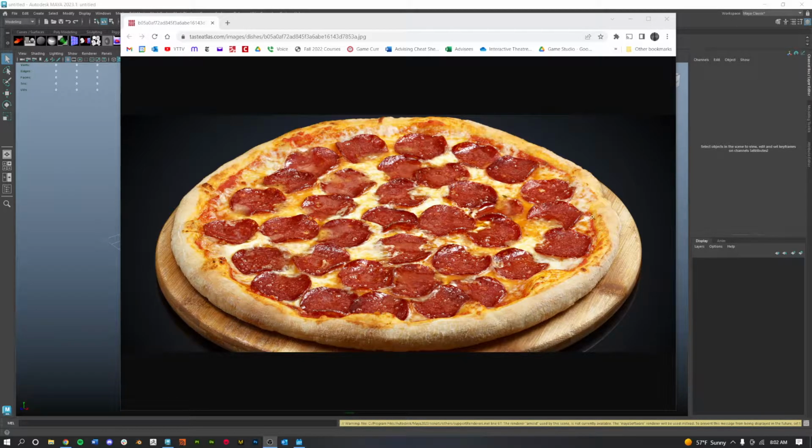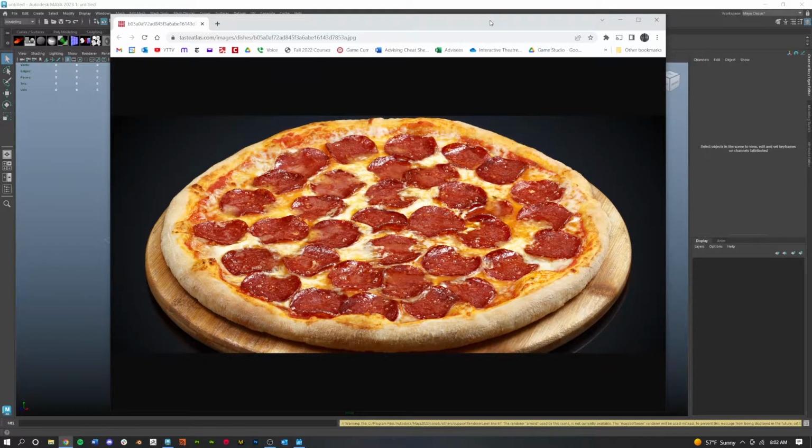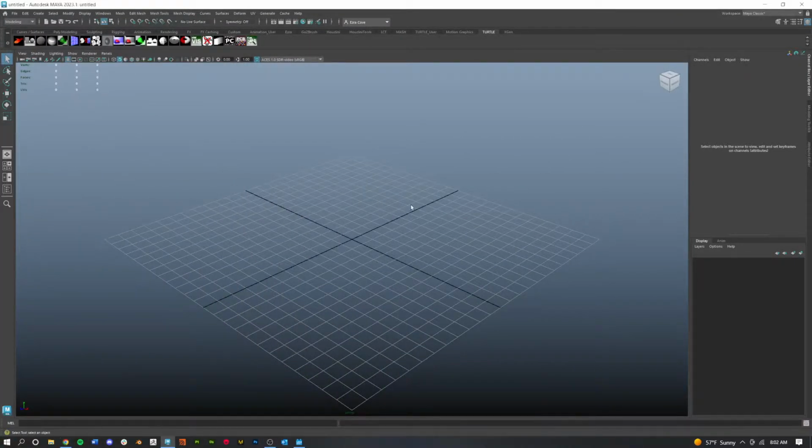The idea being that it's got a little bit of puffiness to the crust, and then you can see it dips down a little bit, and you have this flat valley for all the toppings. All right, so let me push that over to the side. Start with a cylinder,